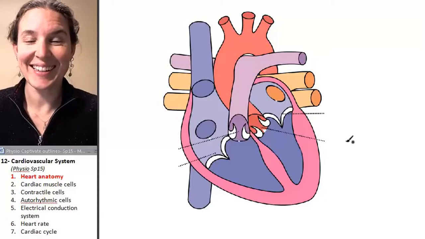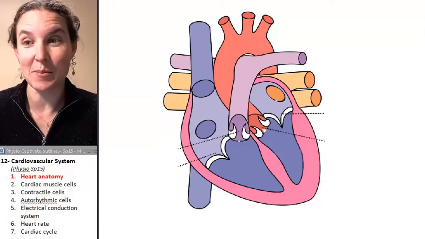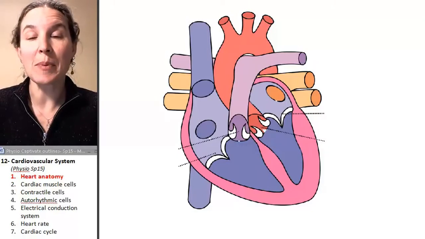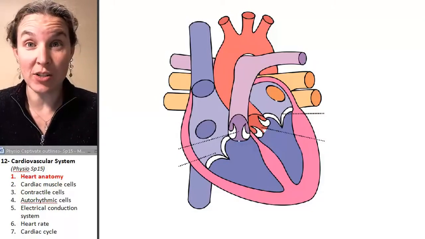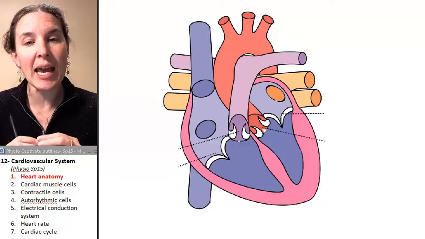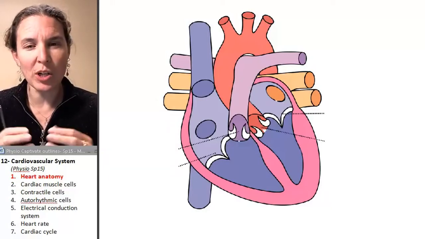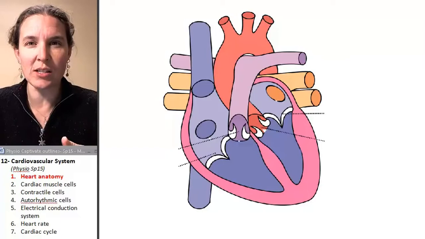Hi, guys. So we're here to talk about the cardiovascular system today. We are going to spend several lectures on the cardiovascular system. Today, we're going to look at the heart, and we're going to look at how the heart functions from a